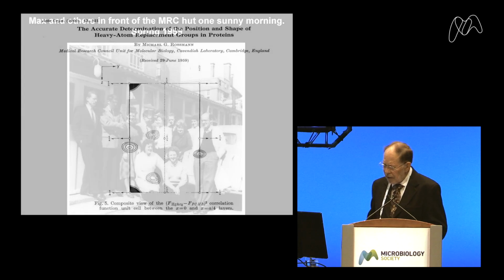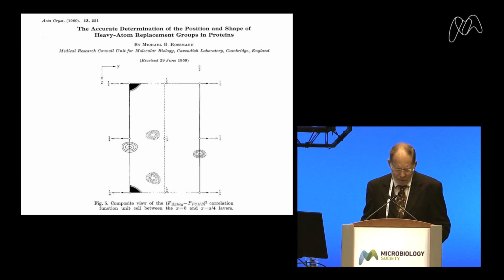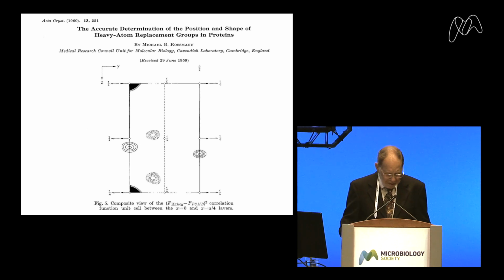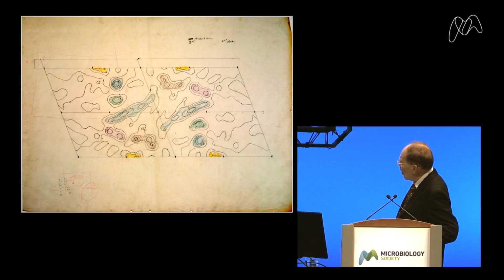I won't explain this diagram, except you can immediately see that there are nice peaks, and that therefore it was very easy to interpret. It is a function which I invented, and it was very clear how the heavy atoms could be determined in the isomorphous replacement, and that was an essential part for determining the phases for the structure determination of hemoglobin, which is shown here. This was one of the sections through hemoglobin, and there again, immediately you see the sausages.